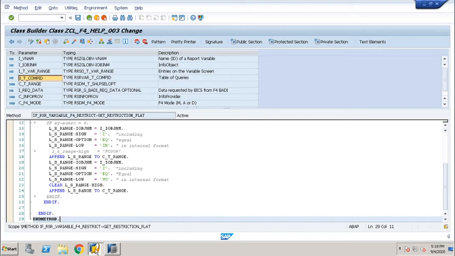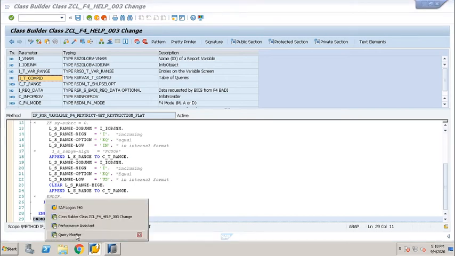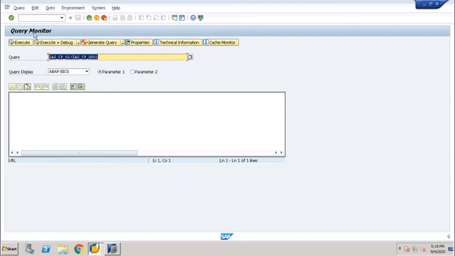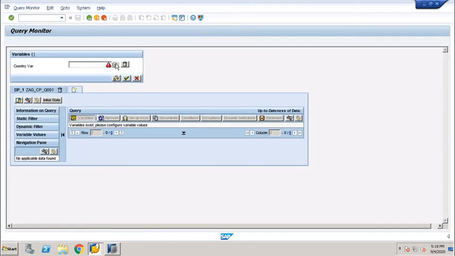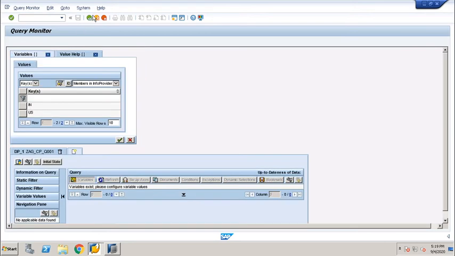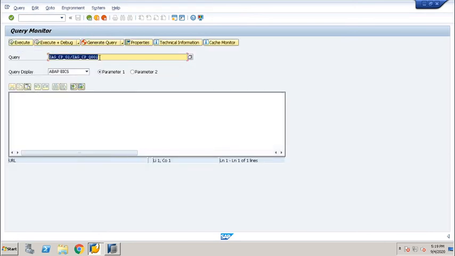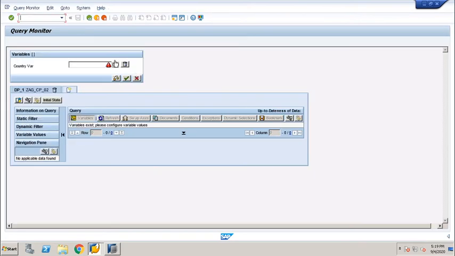Now we will see the result in our query outputs. First we will execute the first query, output should be only 2, fine. Then I will execute the second query, output should be 2, fine.